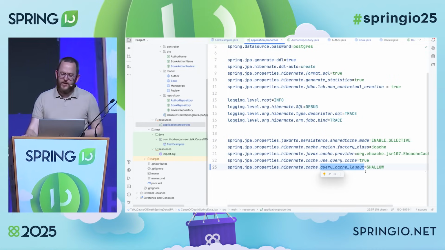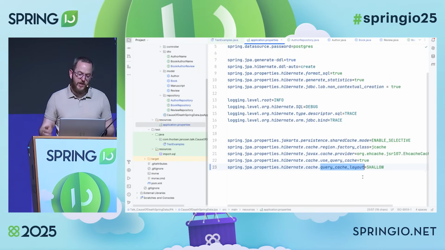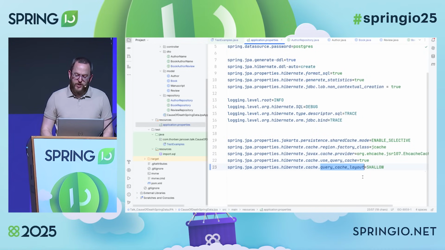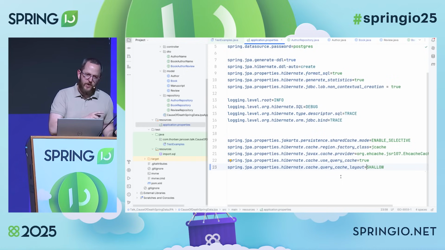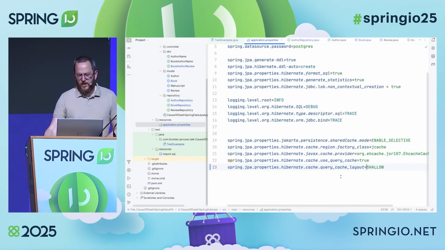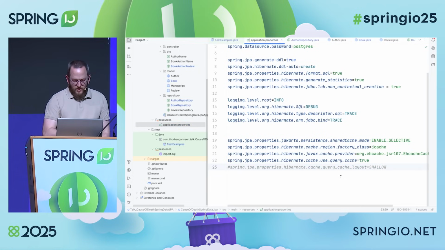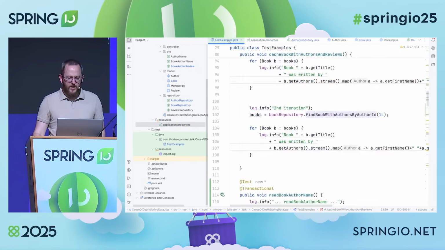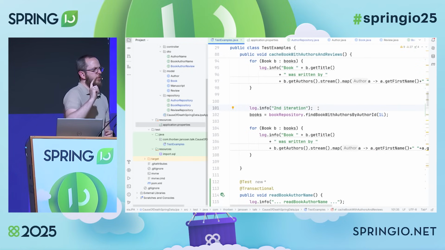So they decided to change the query cache layout and introduce an option shallow that represents version 5, and introduce full, that is the new default in Hibernate 6, that stores the entire entity object in the cache. So this is one pitfall with the query cache.